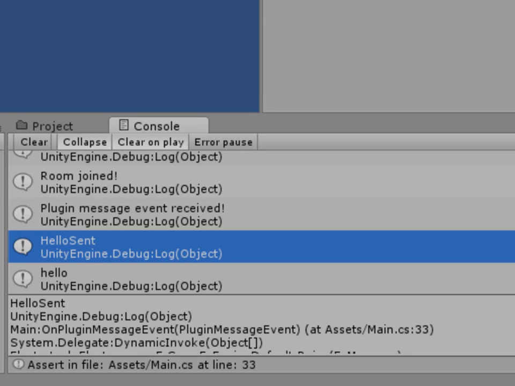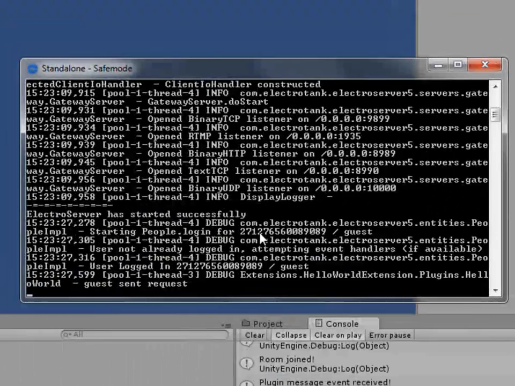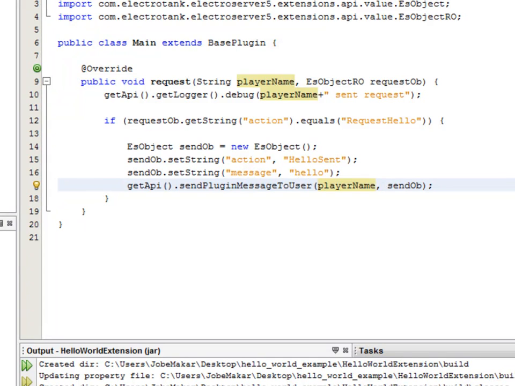And so let's look over here at the ElectroServer console. Okay, so my username is guest, and so you could see here that our plugin logged that guest sent request right here. Guest sent request, and guest happens to be my username. And back here in our plugin, that's what we decided to log out. Player name plus sent request. So my name was guest,